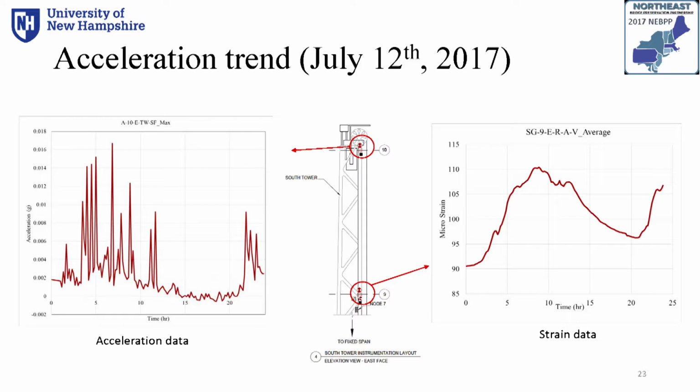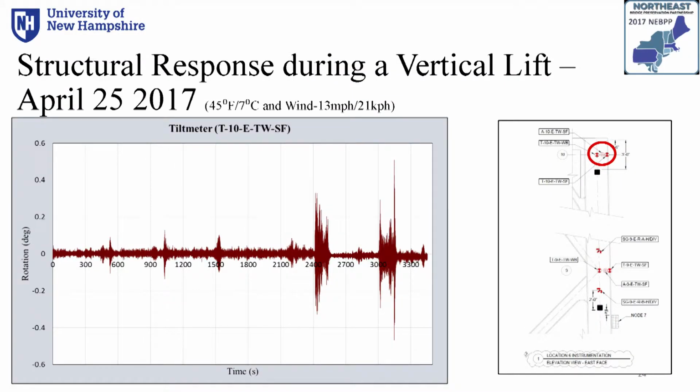And the low magnitude of the acceleration response here shows the low traffic loads overnight. And for the strain gauges, you have the maximum and minimum strain response, which reached its minimum magnitude overnight. We have a typical example of the results of the tilt meters on the top of the bridge, which shows the lift events have a significant impact on the rotation of the tower on the top sides of the